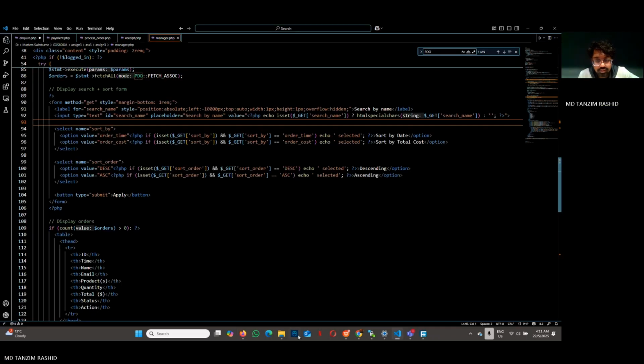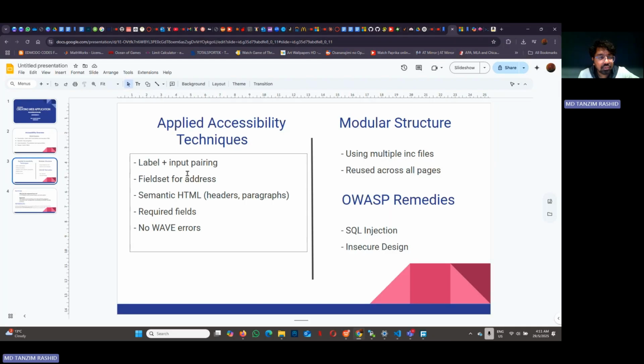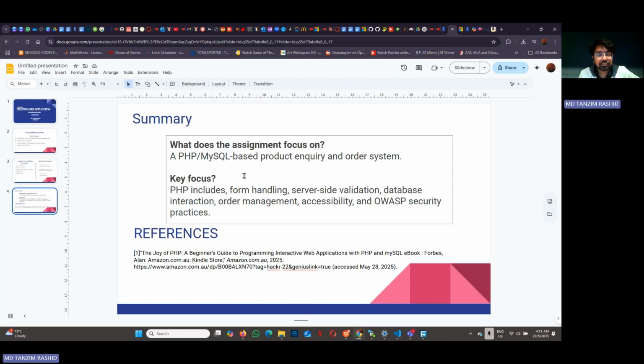So moving on to the summary. I had to really work on the form handling and making sure all the IDs have the same syntax so it doesn't mismatch. And also server-side validation, making sure it still works when client-side validation is not working, and that also took a lot of time. I have a lot more references, but the one I really had to give out is this one,